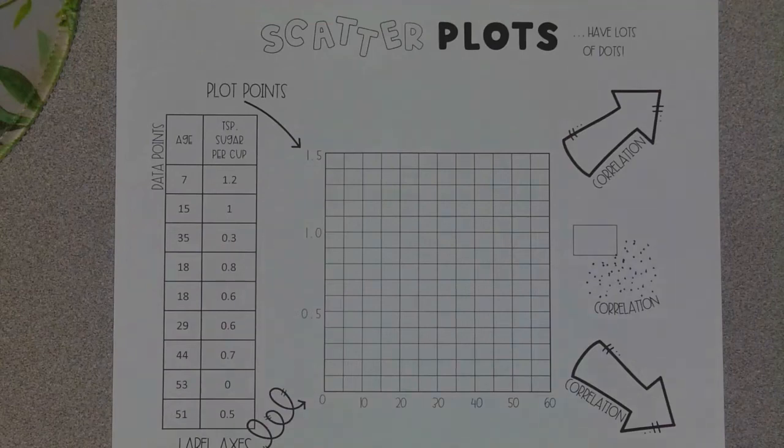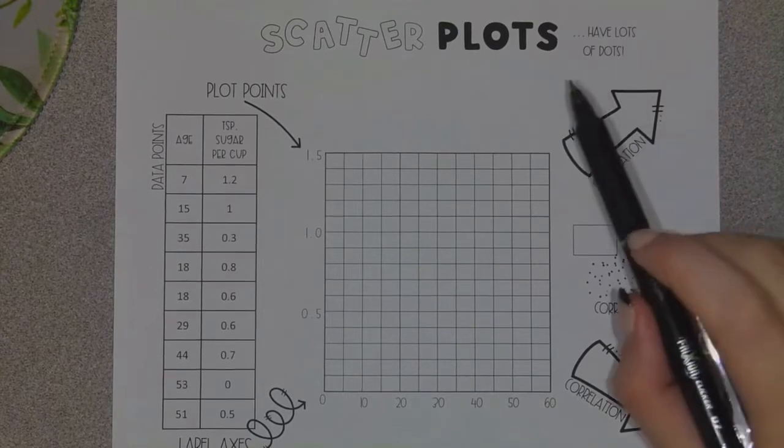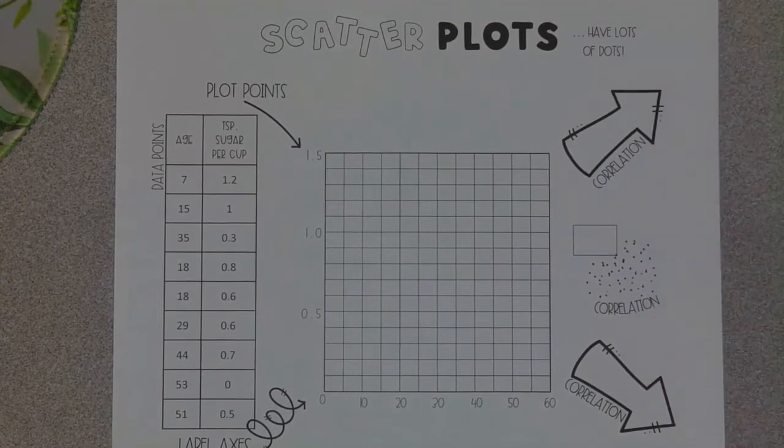Talk about scatterplots. Scatterplots are one of my favorite kinds of graphs because they have a lot of dots and they just look really fun to look at. So with a scatter plot, when I think of the word scatter, I think about things all over the place. Like if you scattered your clothes all around the room, that means they're not just in one nice neat corner, you have them all over the place. If I were to throw my pencils everywhere and they scattered across the floor, we have pencils everywhere in this